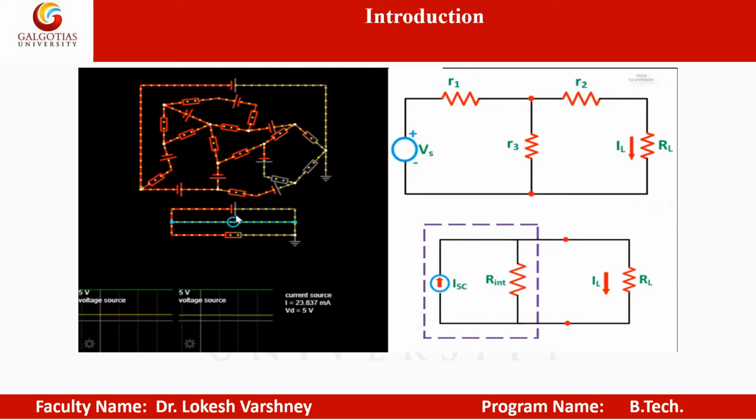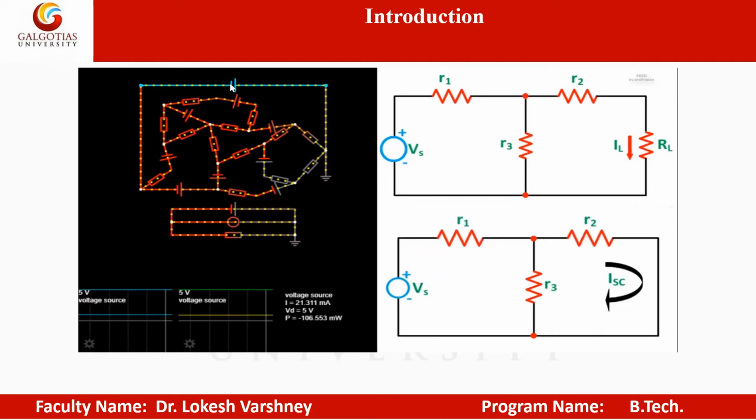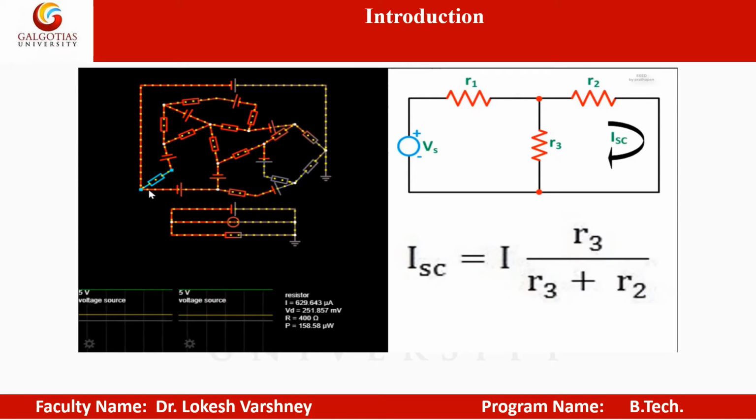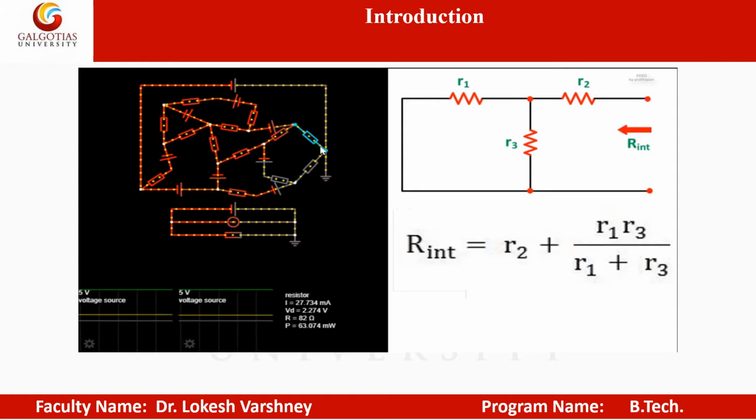Explanation of Norton's theorem. To understand Norton's theorem in detail, let us consider the circuit diagram given below. In order to find the current IL through the load resistance as shown in the circuit diagram above, the load resistance has to be short circuited as shown in the diagram below. Now, the value of current I flowing in the circuit is found by the equation, and the short circuit current ISC is given by the equation shown below. Now the short circuit is removed, and the independent source is deactivated as shown in the circuit diagram below, and the value of the internal resistance is calculated.